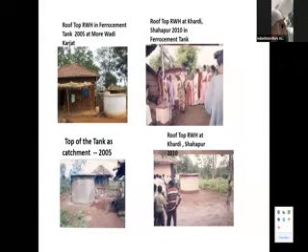This is an interesting tank, where the top of the tank is considered as a catchment. When we finish the top of this tank, we give a slight slope at a corner, and there we have a hole of 3-inch diameter, and a filter was fitted. So whatever rain falls on the top of this tank gets stored into this tank. In our Karjat region, we have 3 meter annual average rainfall, and the height of this tank is only 6 feet, that is almost 1.7 or 1.8 meter. So whatever rain falls on the top of this tank gets collected into this one.